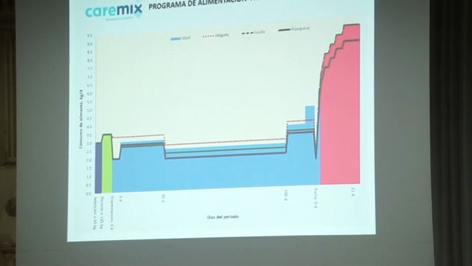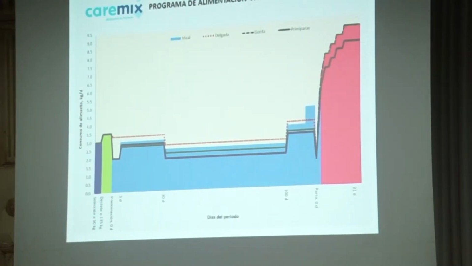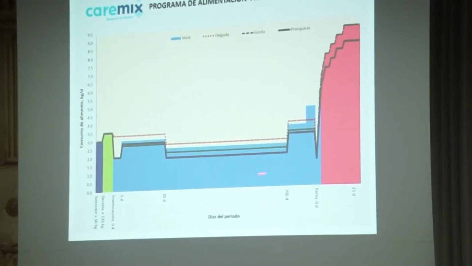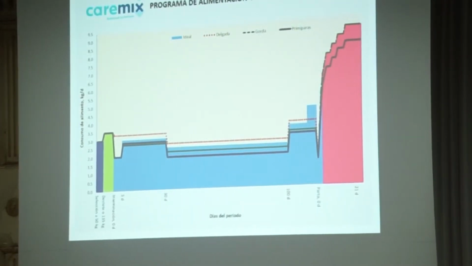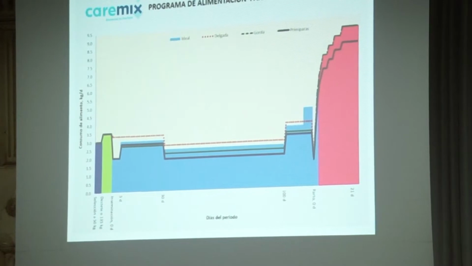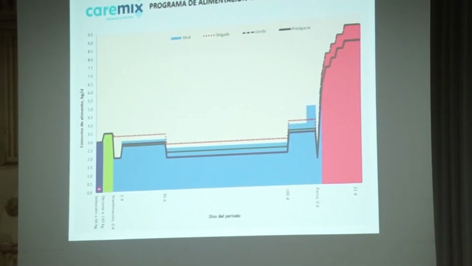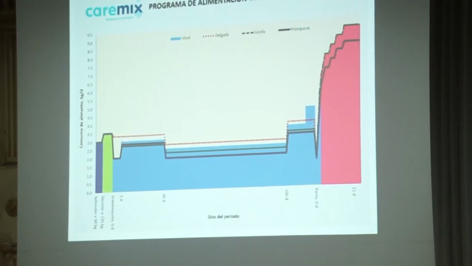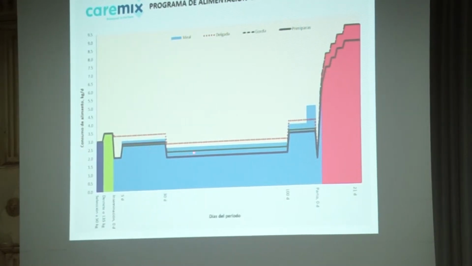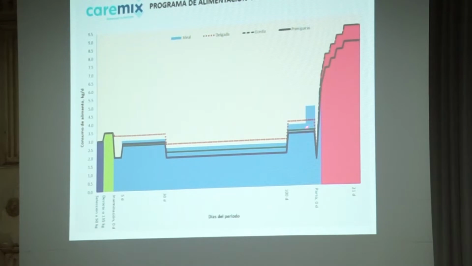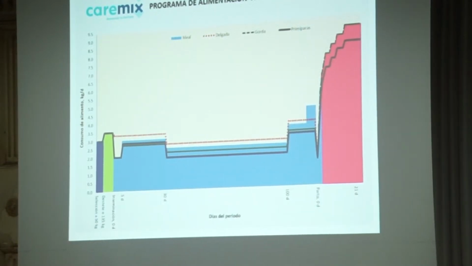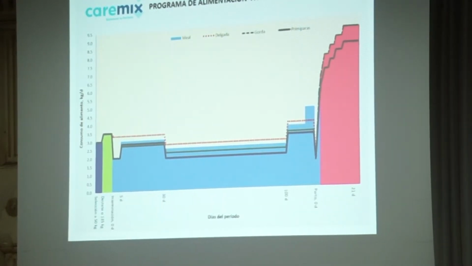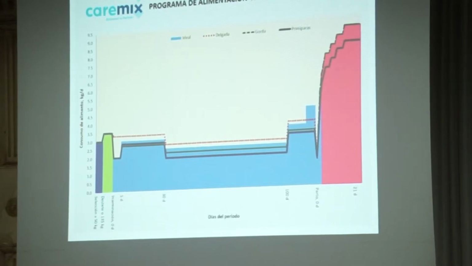Una vez que ya tenemos definida esa parte, para nosotros es mucho más fácil poderles establecer un programa de alimentación óptimo. En el caso de esta gráfica, es un programa que se puede seguir para una cerda reproductora, prácticamente desde que la estamos seleccionando como reemplazo, y vienen también las recomendaciones, por ejemplo, en la etapa de gestación, de cómo tenemos que ir modulando las cantidades de alimento ofertado acorde a etapas fisiológicas específicas de la cerda para tener el mejor resultado posible.